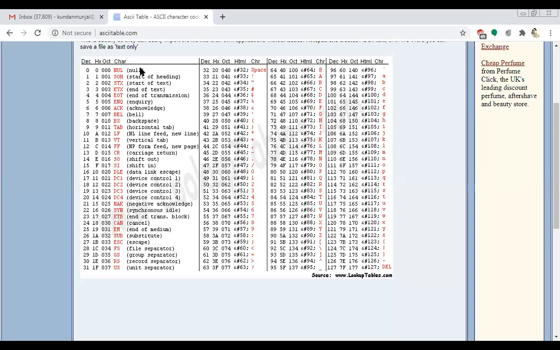Like you see, null, SOH (start of heading), start of text, substitute, escape, less than, greater than, equal to, question mark. The digits 0 to 9 have their own ASCII values in decimal: 48, 49, 50, 51, and their hexadecimal, octal, and HTML representations are also given here. But we generally use the decimal values here.